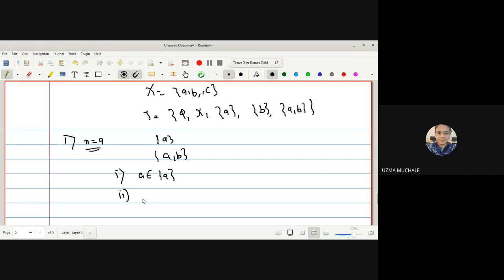Now let us check the second condition. A belongs to some open set G, that is, singleton A itself is an open set which is contained in singleton A. Right. Now let me check for AB whether the two conditions are satisfied. Whether A is a member of AB is correct. Now what is the second condition? There should exist an open set which contains A. So AB itself is an open set which contains A and which is contained in itself. So how many neighborhoods can I get for the single element X equal to A? I can say it is singleton A and AB.